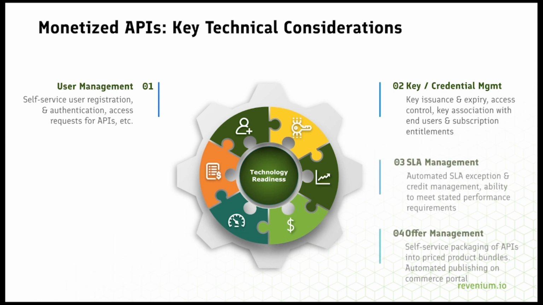So the next two that you see here are SLA management and offer management. In the case of SLA management, it's important when customers are paying for access to your APIs that you can report for them on which transactions met the SLA that you offered, and that could be perhaps from an SLA on latency or performance, meaning the number of transactions that are going to be received successfully versus those that error out. And so it's important that you understand the user experience that you're delivering from the different APIs in your catalog.